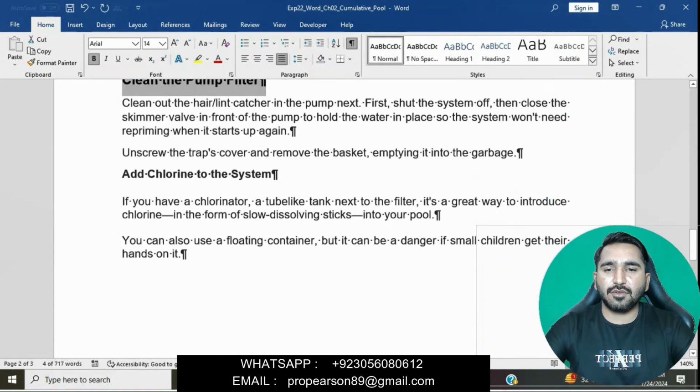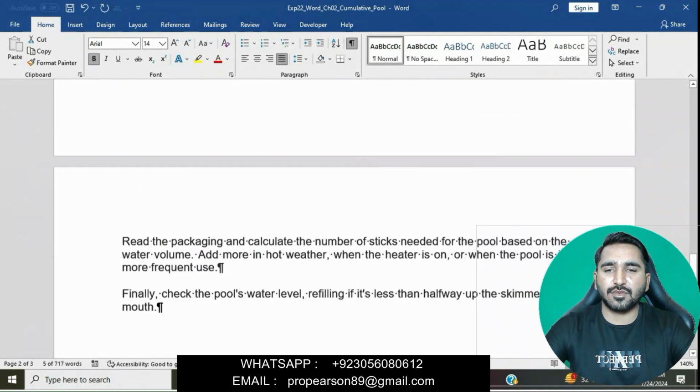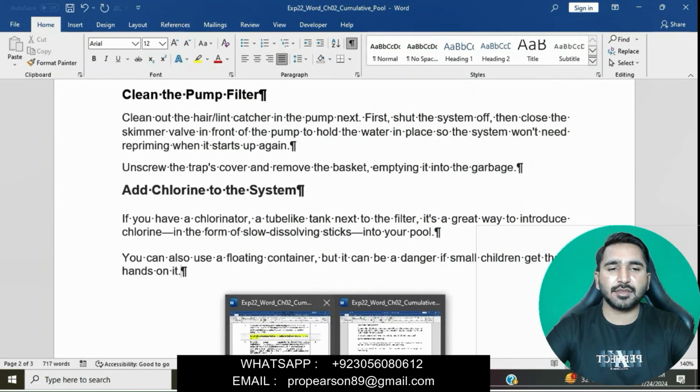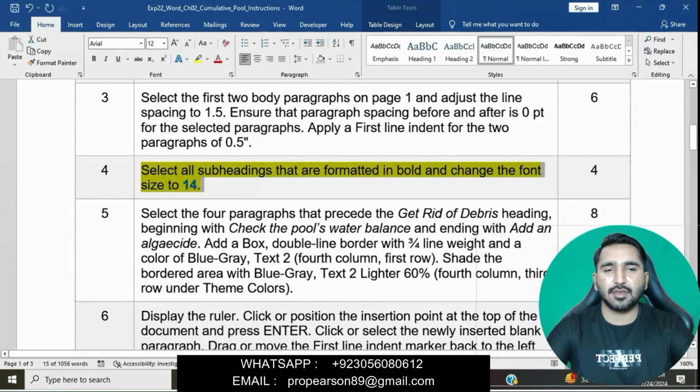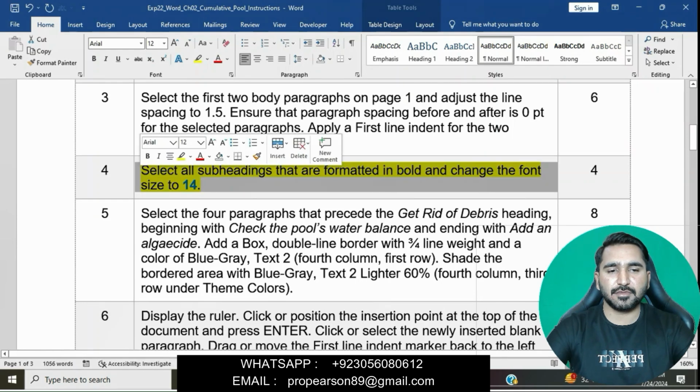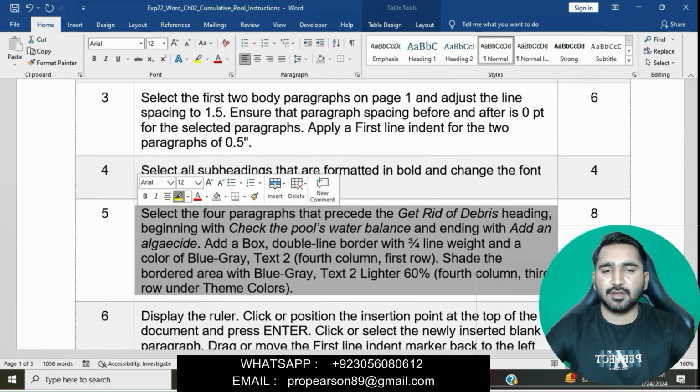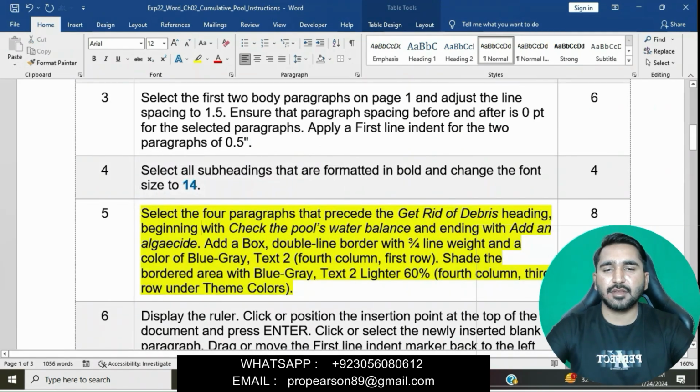Now scroll down and then we will select this subheading, add, and then apply 14 font size. Okay, we will apply font size 14 on all subheadings. This question is done now. Question number 5 is that